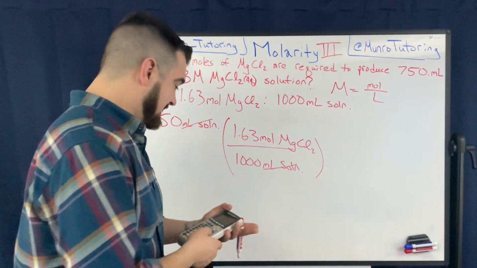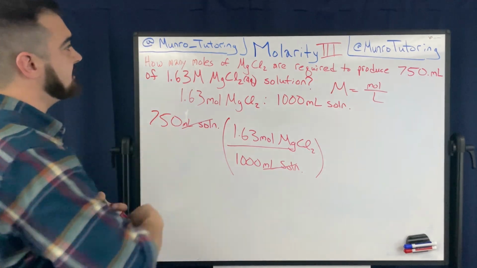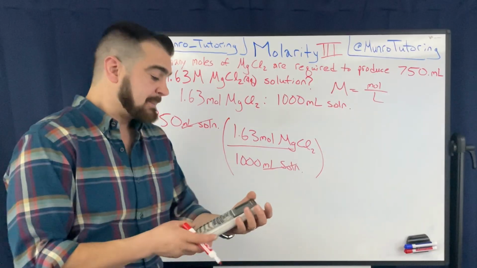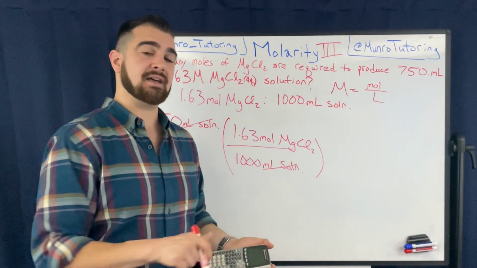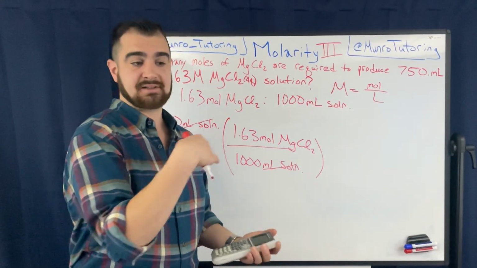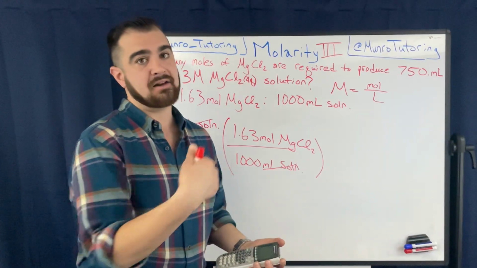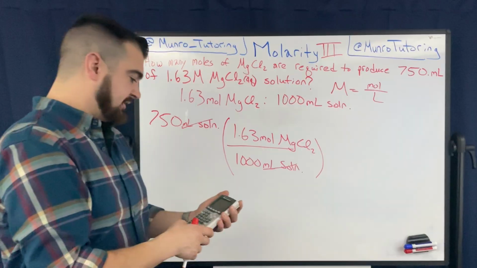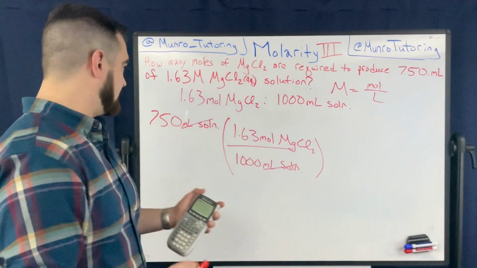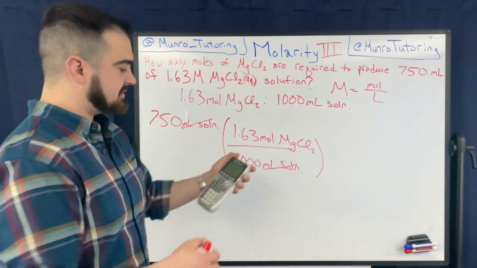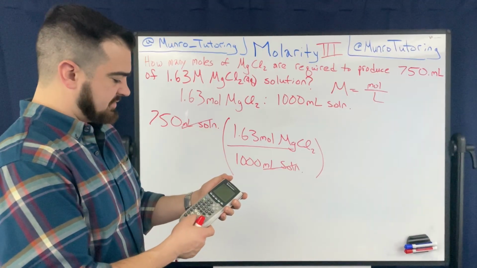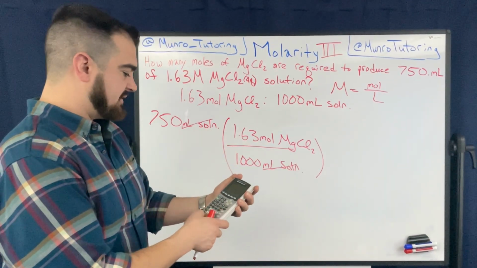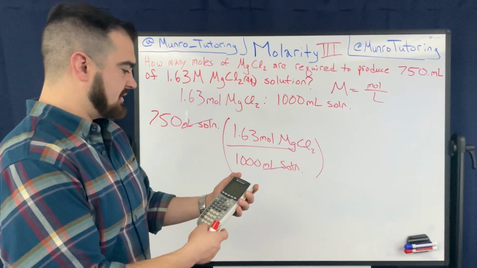So now let's get to it. We have 750, and that's supposed to be point. So we have significant figures. If you're not good at sig figs, check out my videos on that. I have two. One for how do you get the sig figs in the first place, and the other one's on how to use them in calculations. So we just plug this in. We have 750 mils times 1.63 moles, and then divided by 1,000, and we get